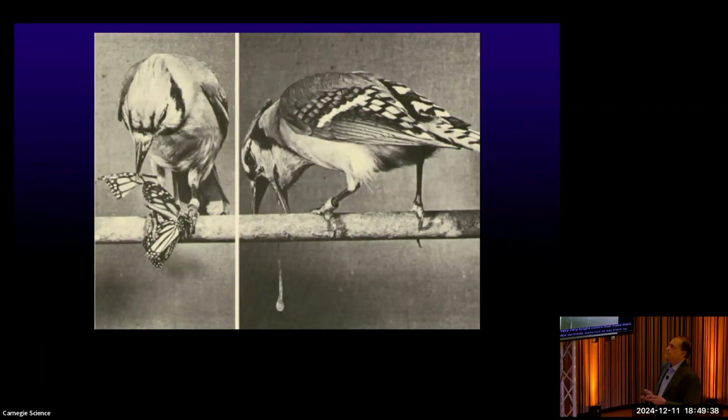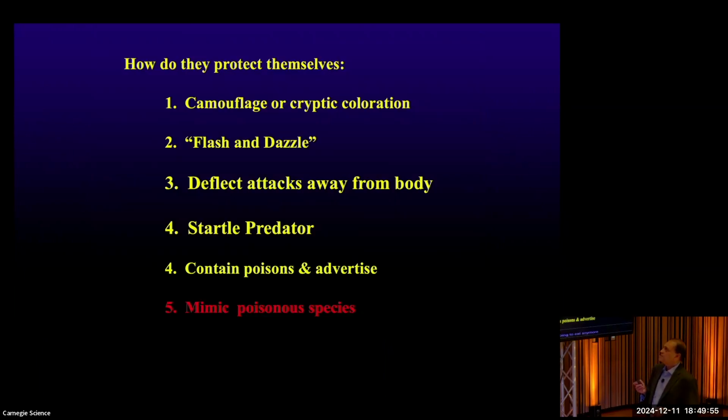So if a bird eats a monarch butterfly, it throws up. Okay, and throwing up is a very good single trial learning paradigm. It doesn't work well for teenagers and beer, but it works pretty well for most things. So then the bird very quickly learns, like, this is something I'm not going to eat anymore. So of course, when that happens, then something else that occurs very frequently is mimicry. So then you get perfectly palatable butterflies mimicking the unpalatable butterflies.